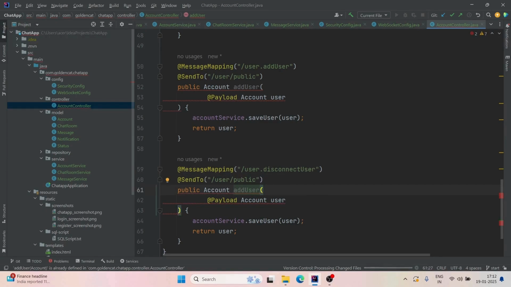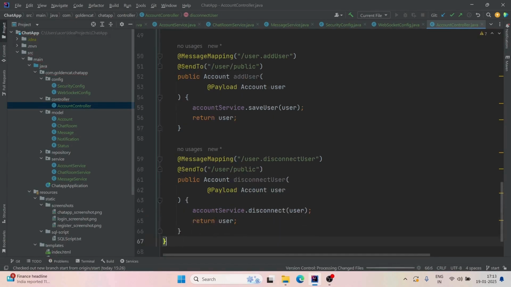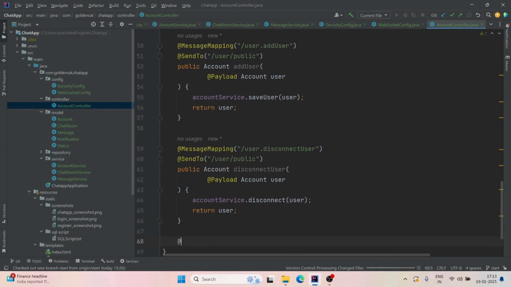Change this method name to disconnect user. And instead of saving user, we'll use disconnect. Finally, we'll write @GetMapping("/users")